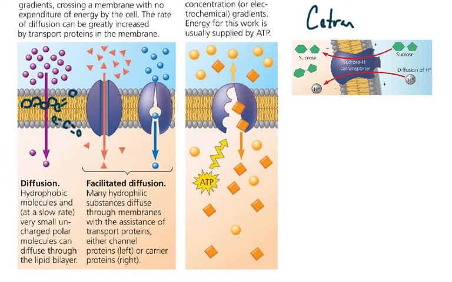Now, in the different classes I've been in and taught, teachers will switch up the language that they use. Some classes will say facilitated diffusion is going through a channel protein. So like this, where the protein just has a hole in the middle and things float through the hole in the middle from high concentration to low concentration. So some people will call that facilitated diffusion, and then passive transport will be this carrier protein